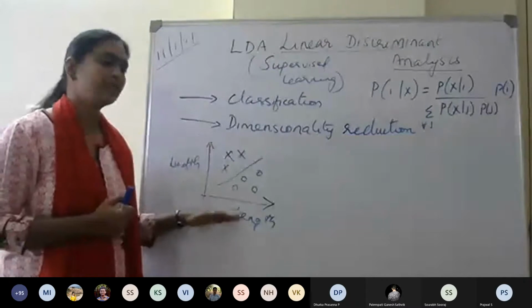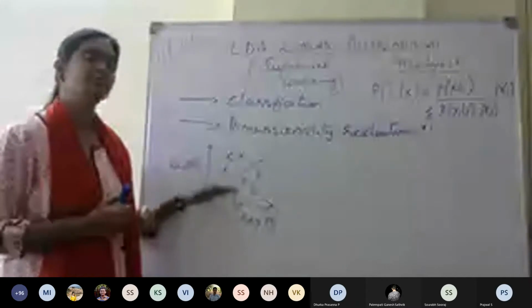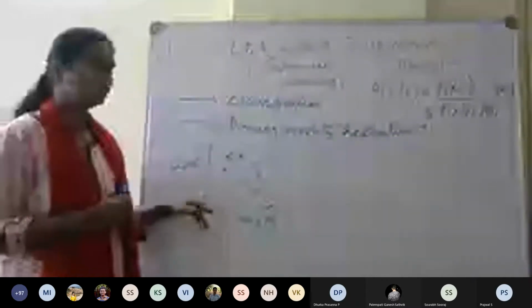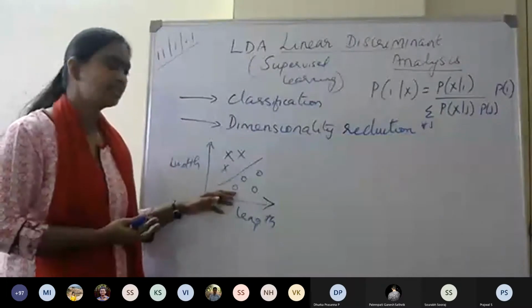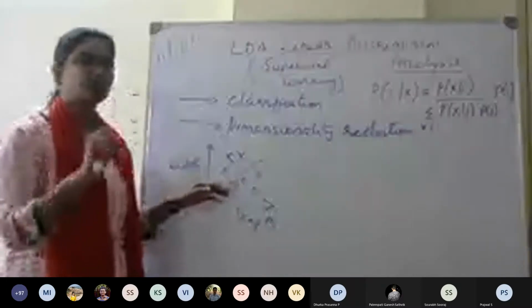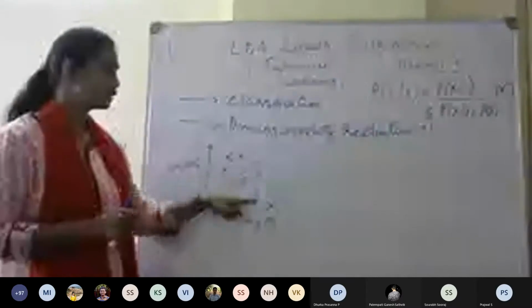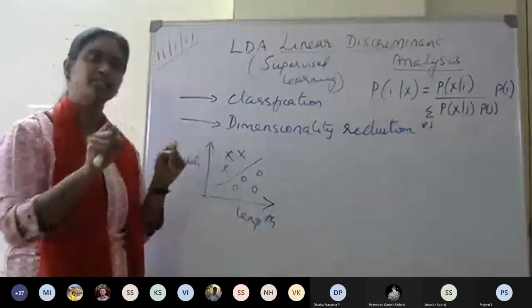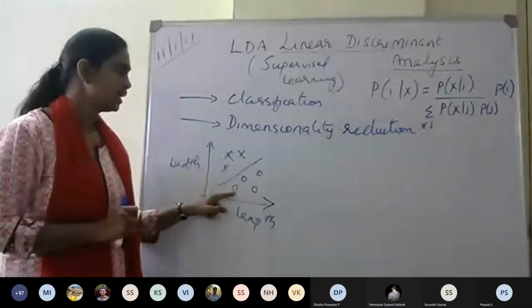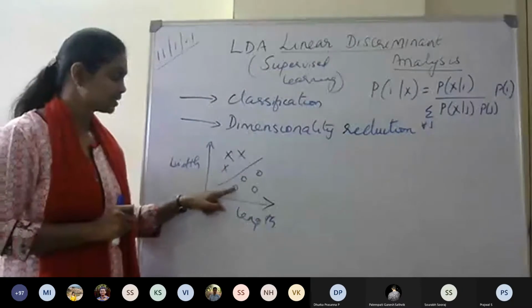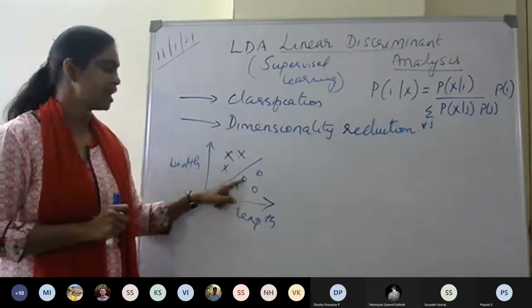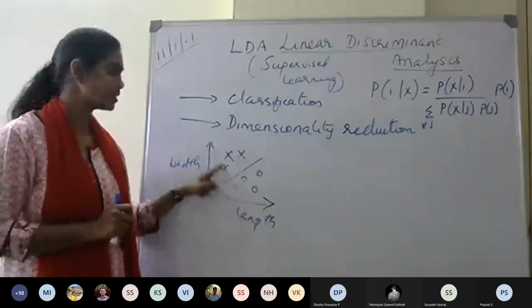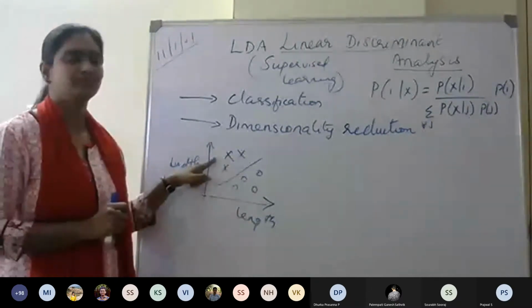You have an x coordinate and a y coordinate. So in a two dimensional coordinate system, we can draw a line. For the salmon and sea bass fishes, if you are marking the fishes, say fish 1, 2, 3, 4, 5, 6, 7, all the fishes, I note their length and their width. For this particular length and width, a fish can appear here, another fish appears here, likewise. Similarly, another category of fishes appears.